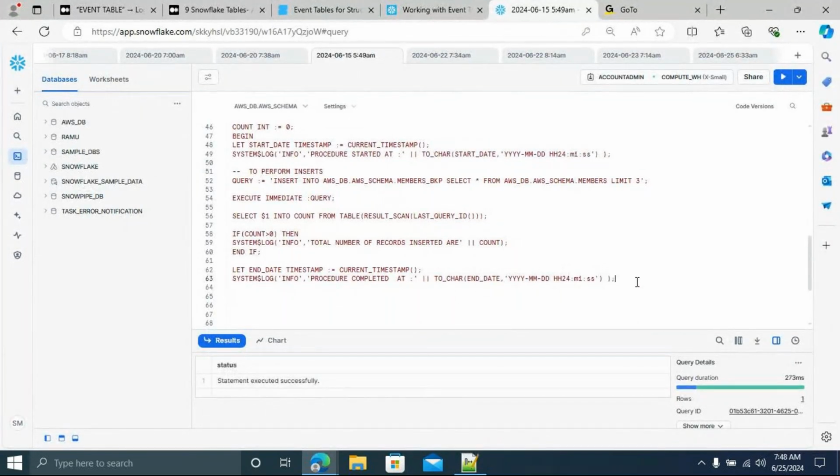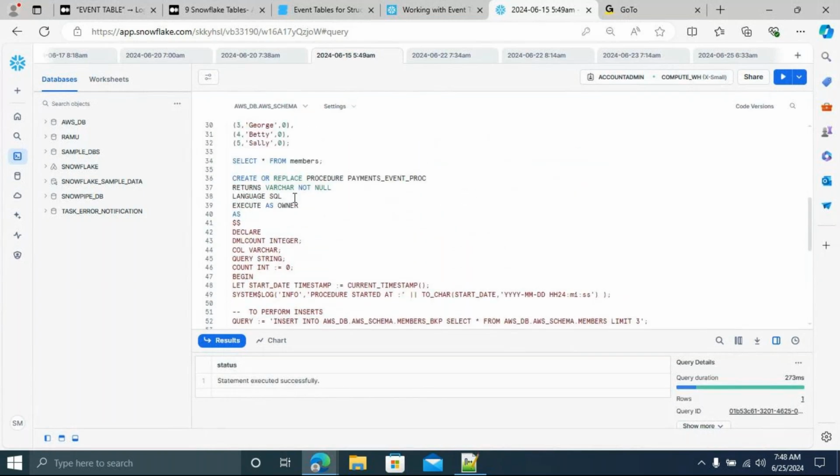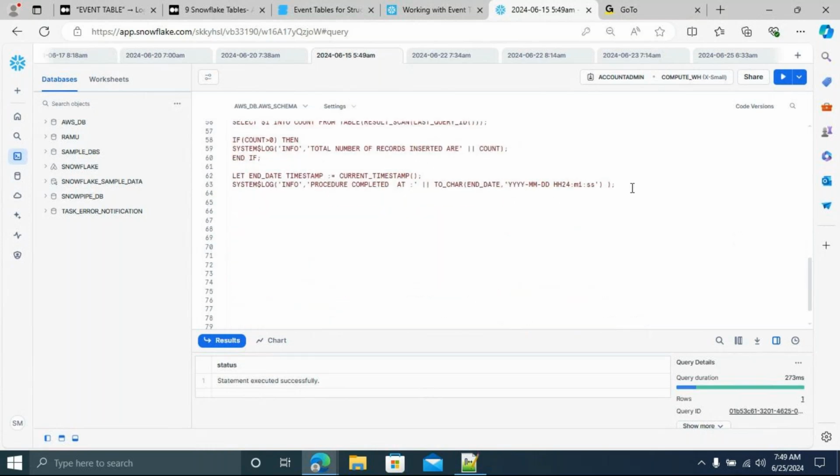Okay, just what you have to do, right? In the proc, we have written the returns varchar. You have to return a varchar, but it should not be a not null. Just use one statement called returns, and then you can put something like successfully, because I want to return this varchar. Completed, and finally you can put one.